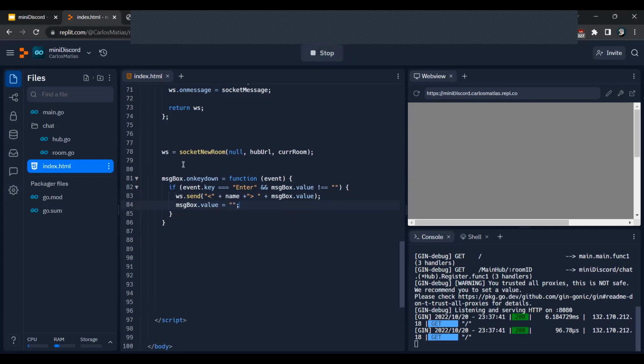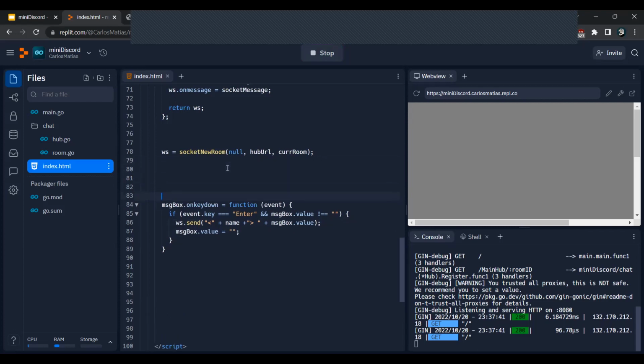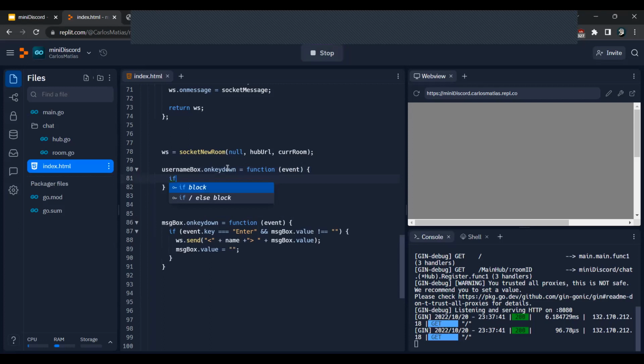Now we can do the other one. This is good. Let me see though. Now I can do the username one. The username box dot on key down equal function, and doing if event a key. So if you press enter again,